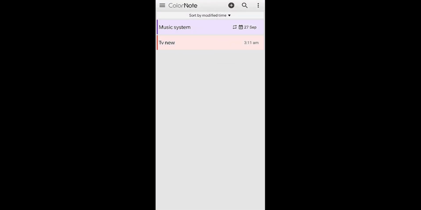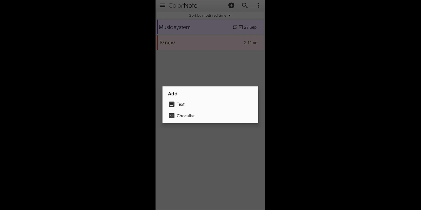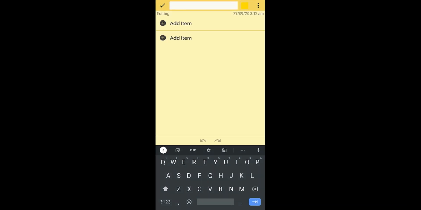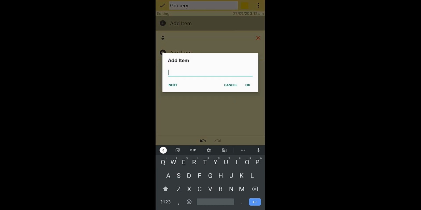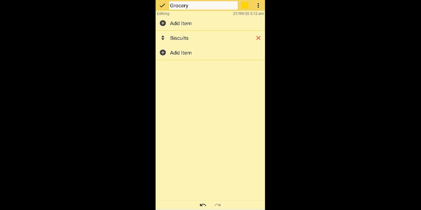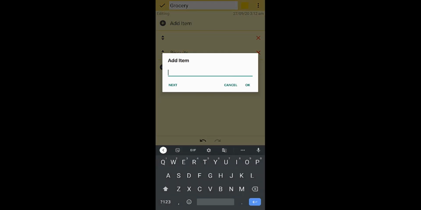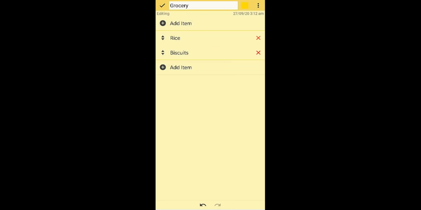And yeah, the other option I have is a checklist. Let's say you're going for the grocery, and I have to buy, let's say, some biscuits. I have to buy, let's say, some rice. That's all. Let's take it. And as soon as I click OK, what's the basic difference between